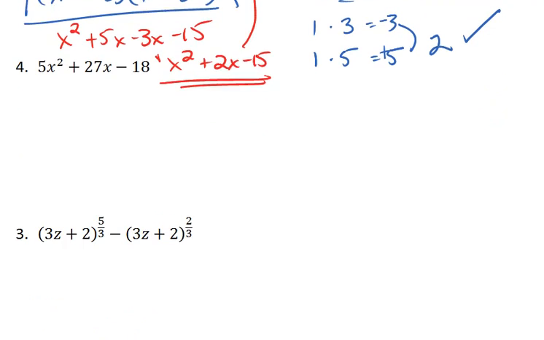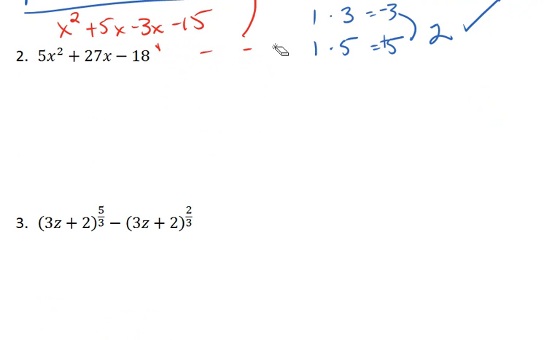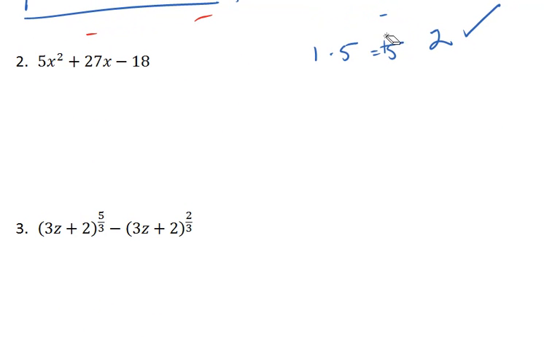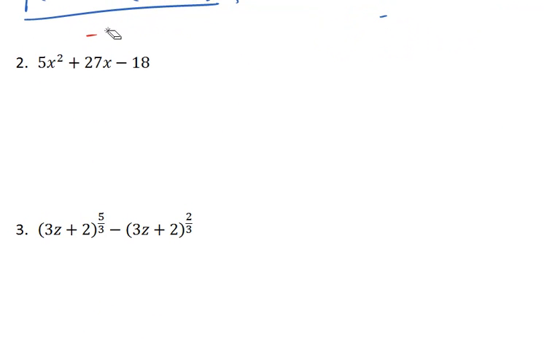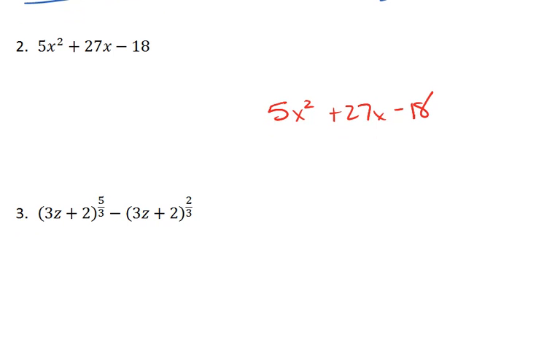Let's look at one more trinomial. In this trinomial, we have 5x squared plus 27x minus 18. Now there's a couple ways you can do this. You can look at the factors of 5 and 18 separately, or you can multiply 5 by negative 18, which gives us a negative 90,